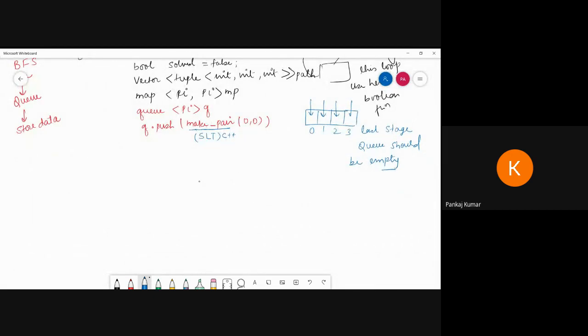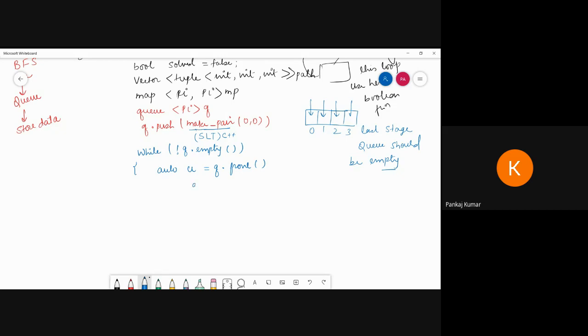So I am going to write while, and here I am putting not equal to empty. Then we have to perform this code. We can put one auto keyword, auto u, that is locally defined, equal to q.front.